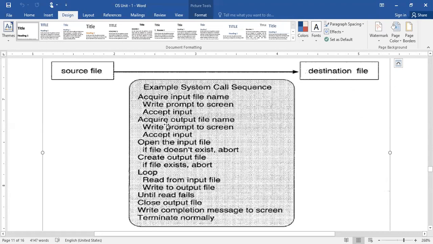Whereas in the destination file, if it already exists, because you wanted to create a new file where you want to copy the contents of the source file, right? For that reason, if a file already exists with the same name, again it displays the message: the file already exists, do you want to continue with this or abort the execution, right? Usually, whatever contents are present in it will be automatically erased when you copy the contents of the source file to the destination, right?